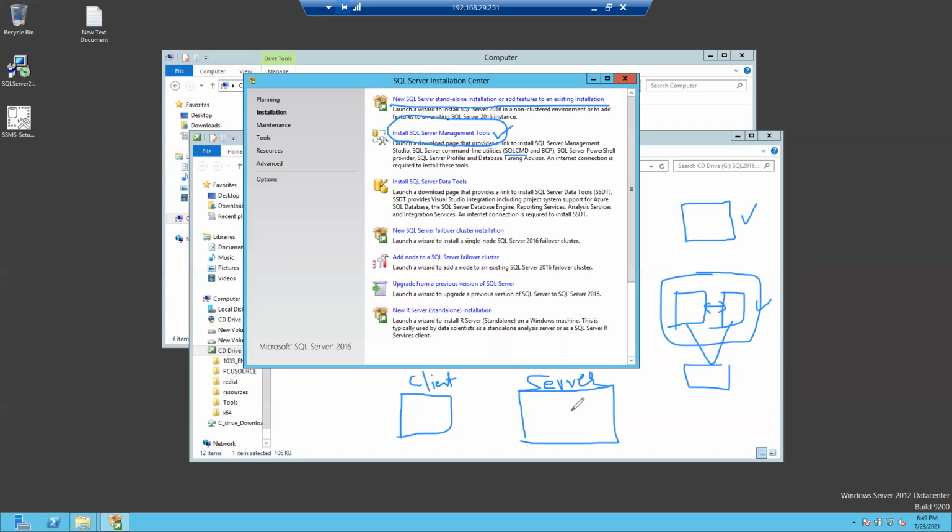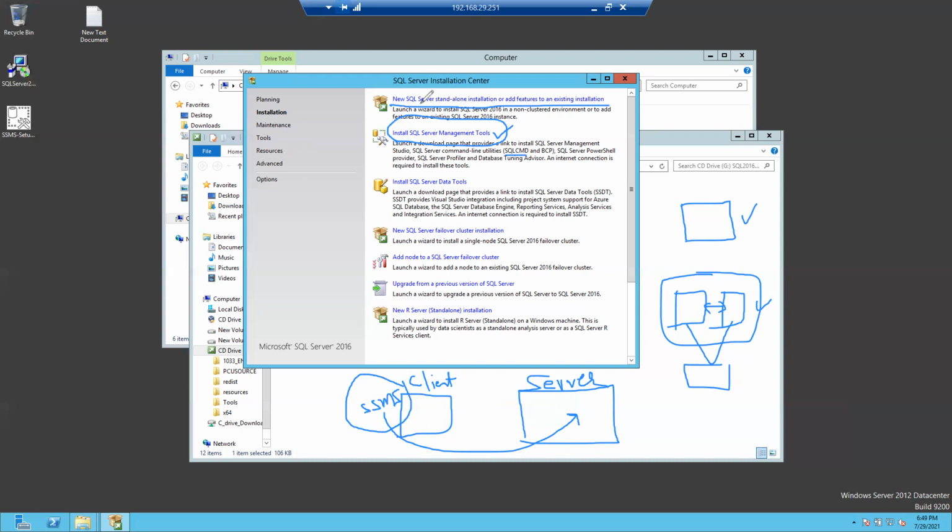If you want to connect to databases, SSMS, SQL Server Management Studio, is the client tool. When you install this tool, you can connect to this server. On this server also, you can install this SSMS. SSMS will be connecting to this database engine.